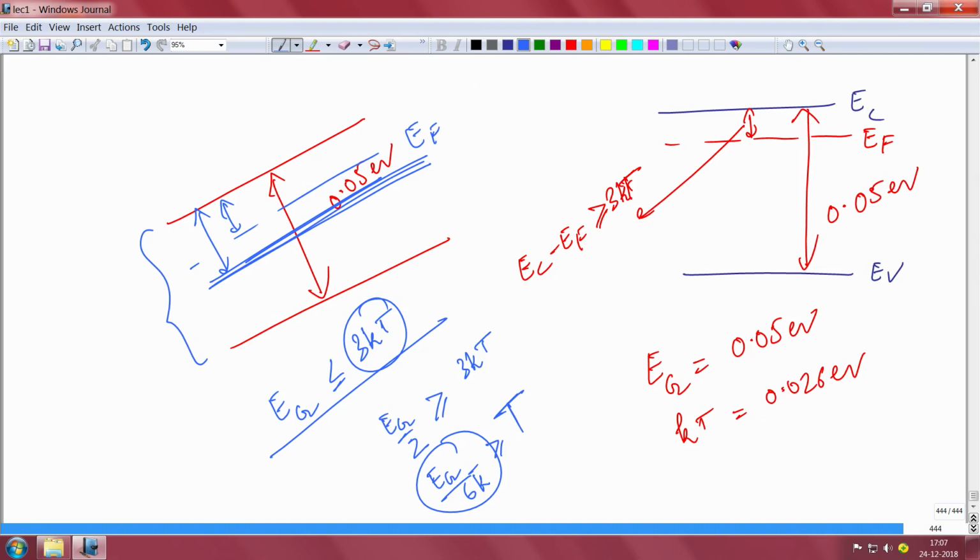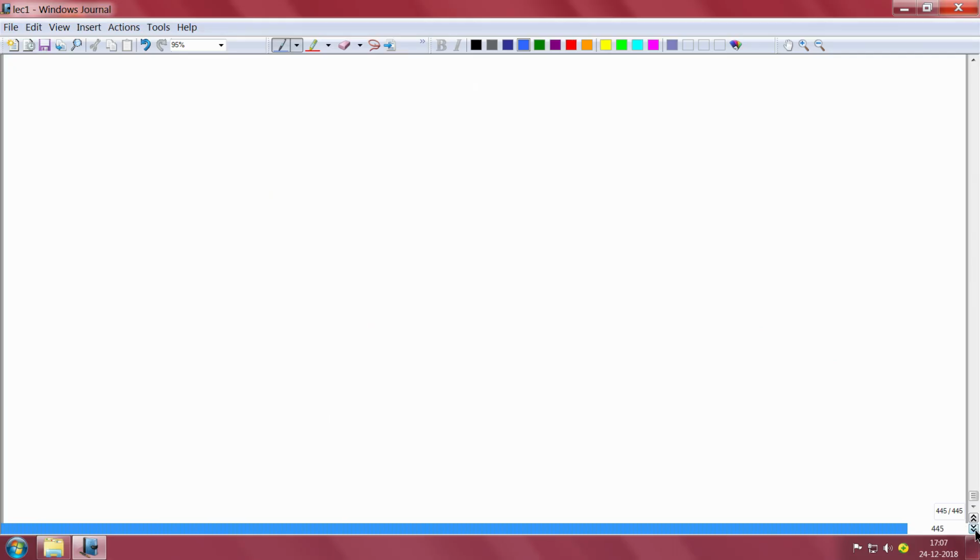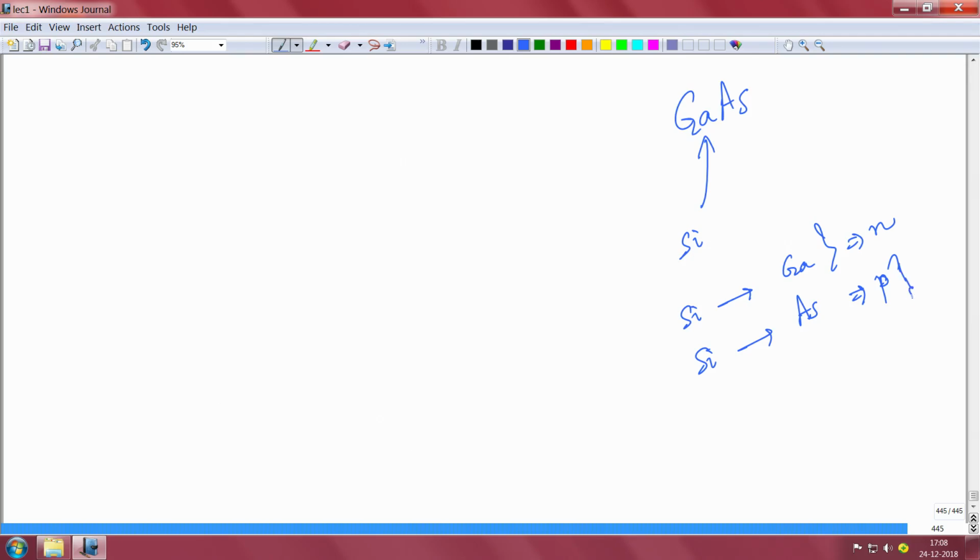So there are many conceptual questions that might come up, right? Similar questions might come up in BJT or MOSFET, and all the routine questions that come in many entrance exams are not very difficult. For example, one of the questions in an entrance exam was: in gallium arsenide, if I dope it with silicon, what will happen? If silicon occupies group 3 sites, which is gallium, then it will be n type. If silicon occupies the arsenic sites, which is group 5, then it will be p type. So those things you should remember. Those are simple questions that are given, right?